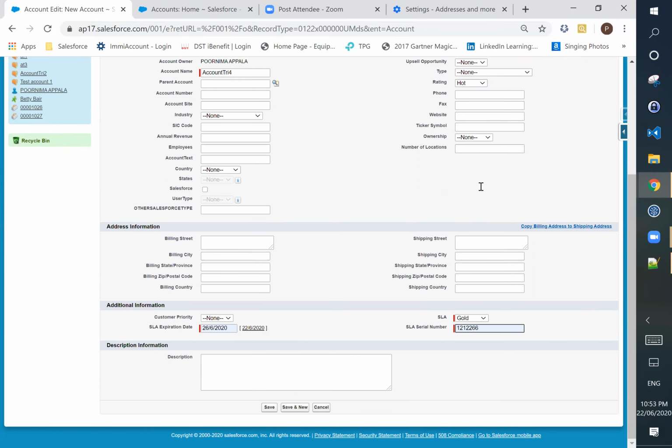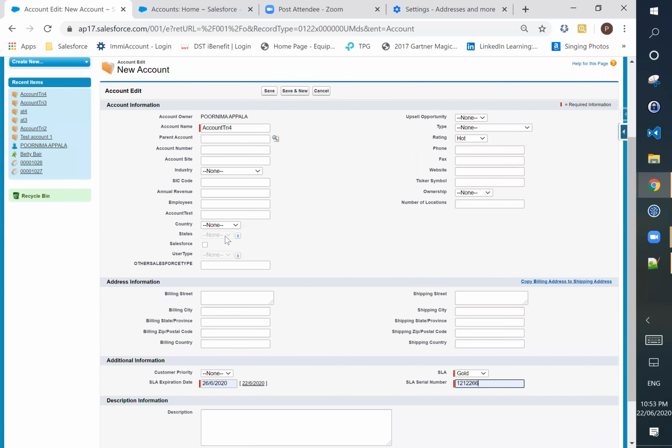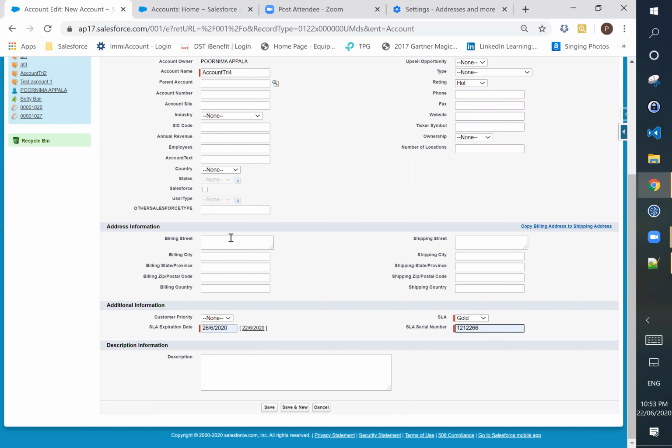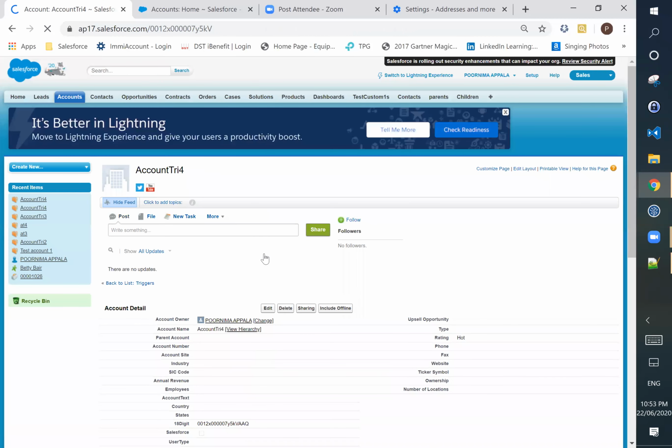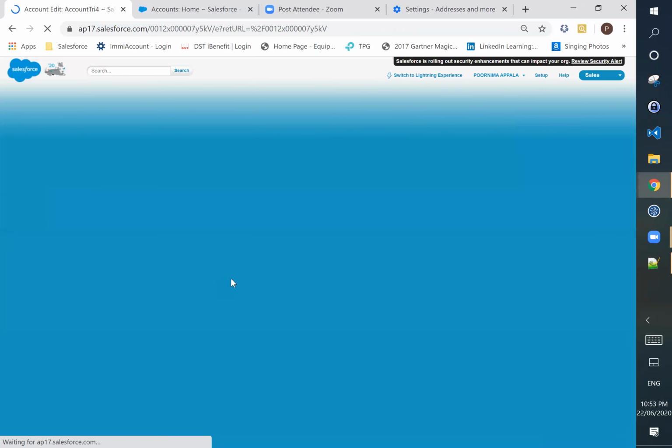Can you release Purnima? Wait, let her test the code. Let her complete the unit testing. Give industry then. Give industry. I will try.